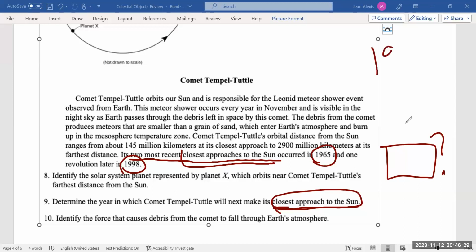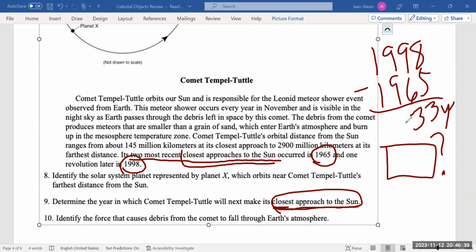So I need to know how far is 1998 from 1965. And when I subtract, I find that they are 33 years apart. All right? They're 33 years apart. Am I done? No, I am not. Why? Because the question is saying determine the year, right? 33 years just lets me know how often this comet is being closest to the sun. 33 years is not telling me the actual year in which the comet will next make its approaches to the